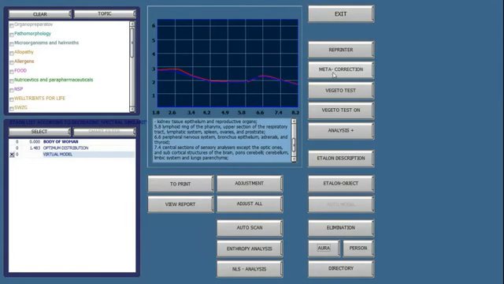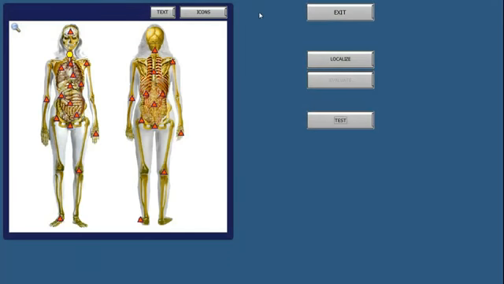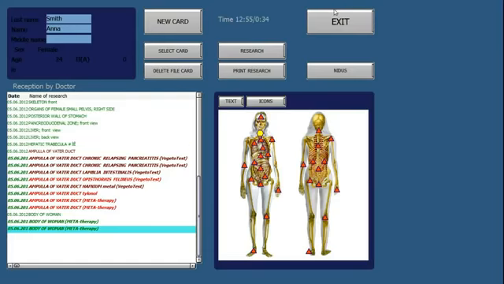Okay. The other thing that I want to mention is when we have an organ, let's go here for